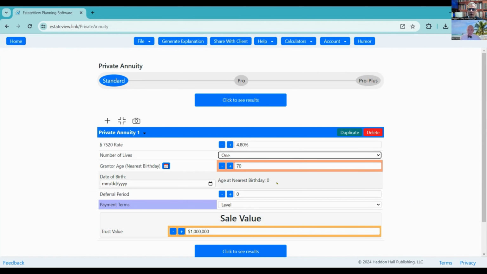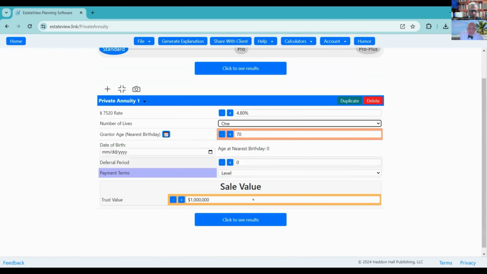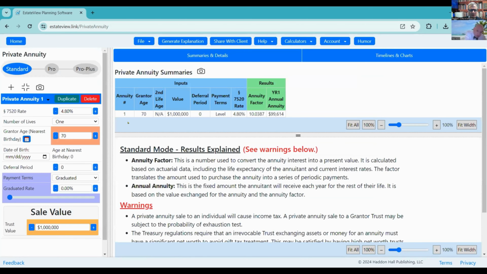She was going to wait a number of years before her first payment, and her payments were going to be larger. So I could also have payment terms that are either level, which is what most of the calculators do, or graduated. So my first situation here, and I'll click on see results, is a 70-year-old putting $1 million in, no deferral, interest rate 4.8%,